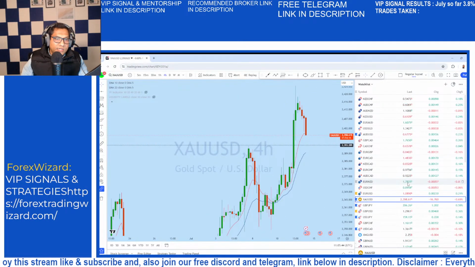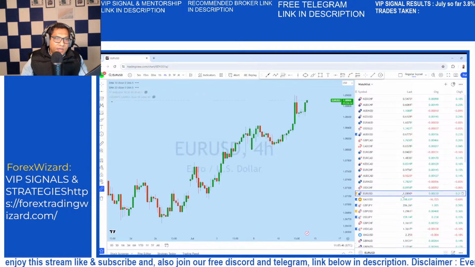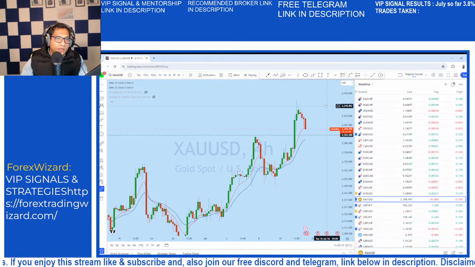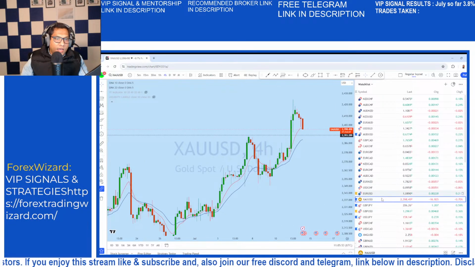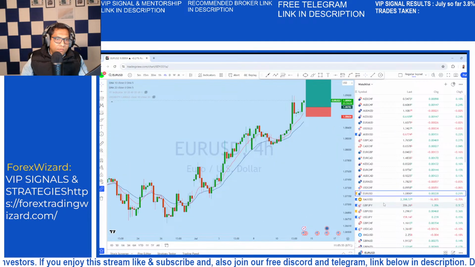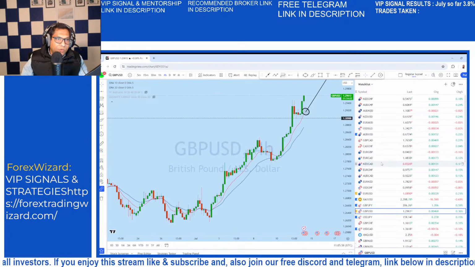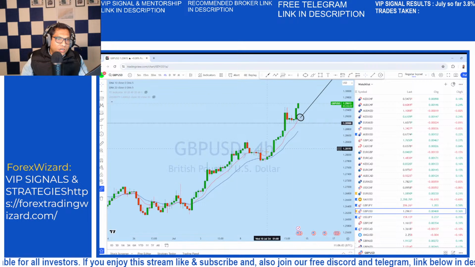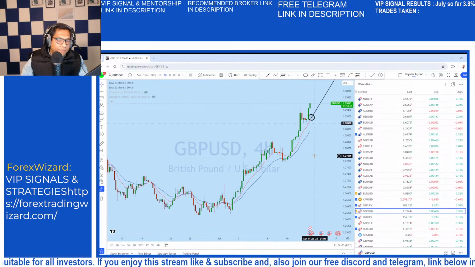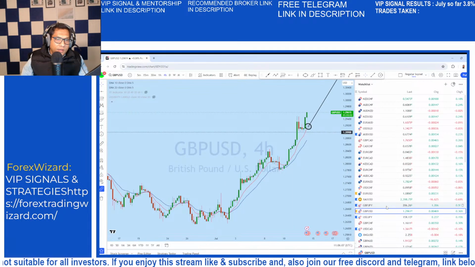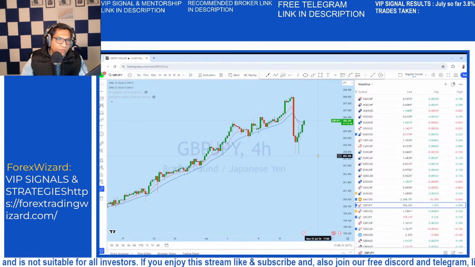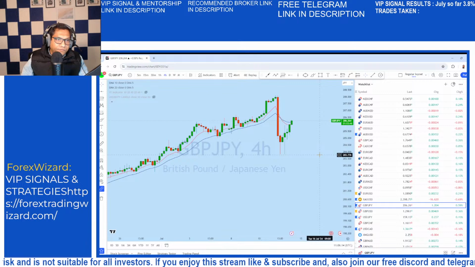At the moment, we can see the price showing good movement, especially gold and British pound US dollar, euro USD, GBPUSD. There was a bounce yesterday on British pound US dollar after CPI. GJ also, after this breakdown, the market started to reverse from this support level. I would like to analyze all of them one by one.